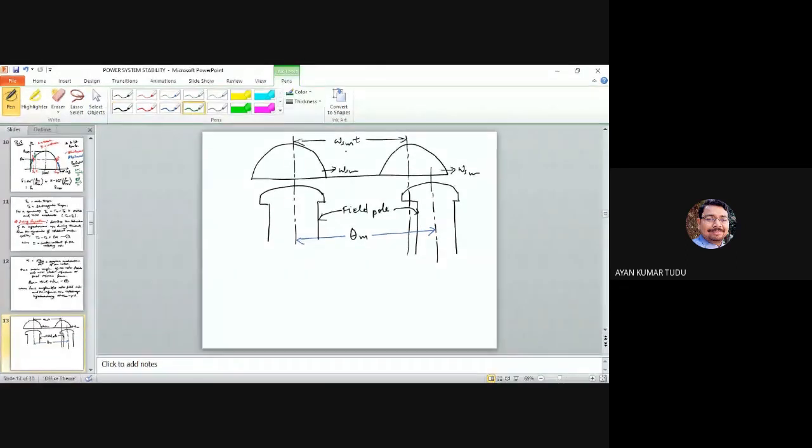What are these actually? These are the resultant air gap